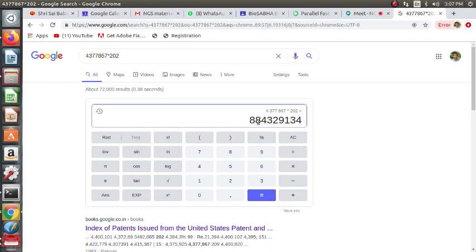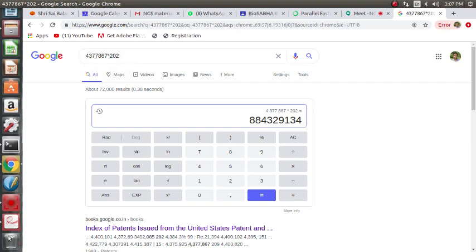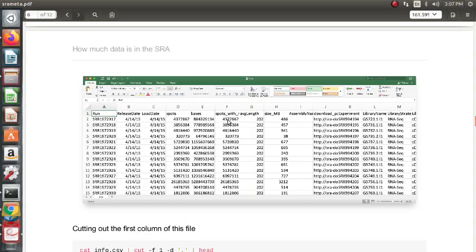Average read length, yes. For one read, the number of spots is this. The number of spots is basically counted as, for a particular position, the number of bases. The number of spots times the average length gives us the number of bases. That is obvious, right? The number of bases is counted in a row as a whole.